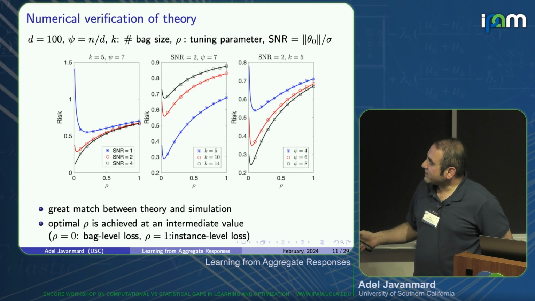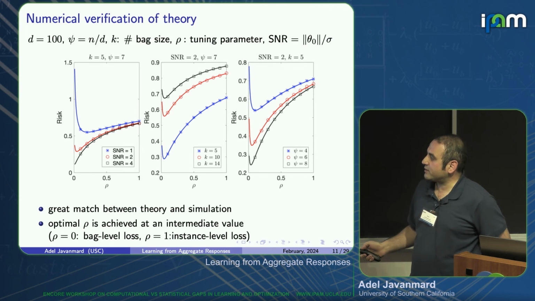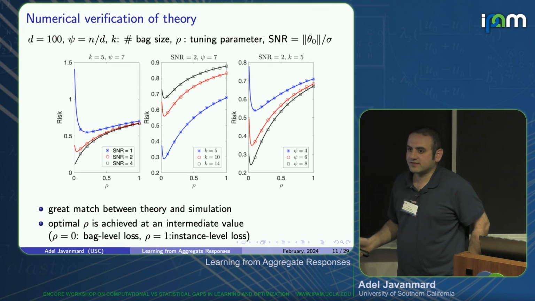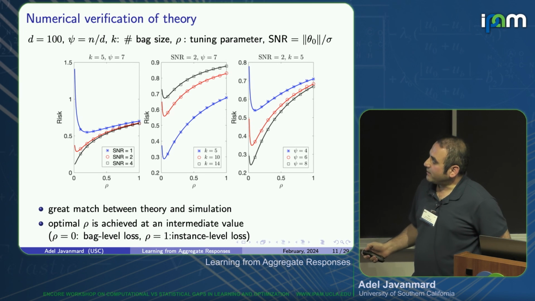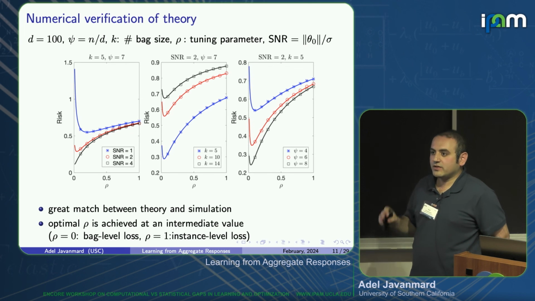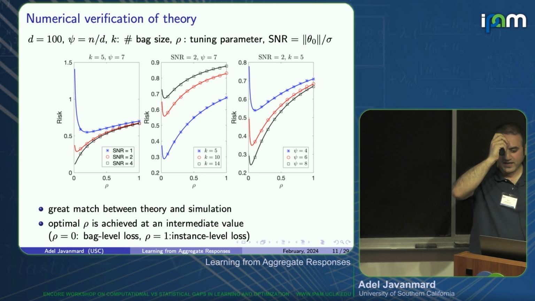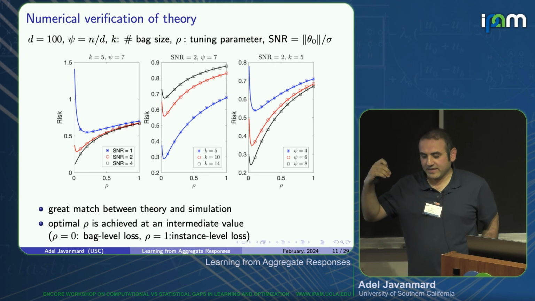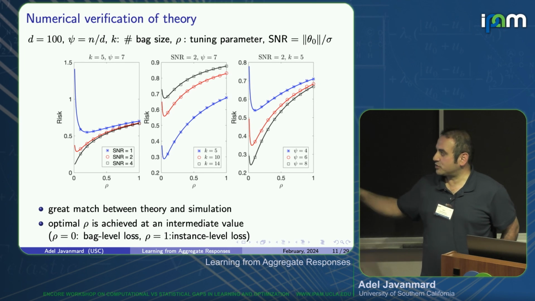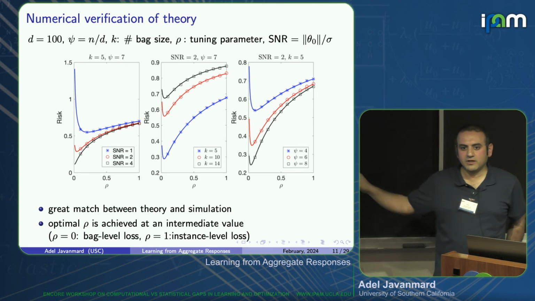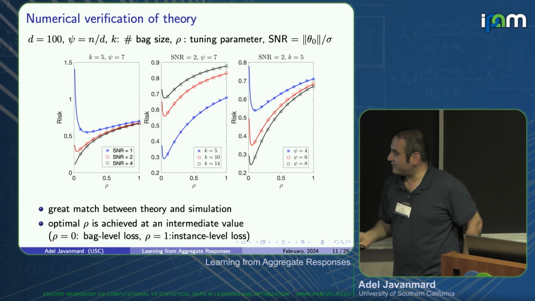And the other observation is that if I compare the endpoints of these curves, so this guy, the left endpoint corresponds to the bag level. The right one is the instance level. Sometimes the bag level is worse than the instance level, but sometimes it's better. Okay? So the first experiment that we say we learned that the bag level is always better, it's not true. It really depends on the parameter of the problem that you have. Okay?